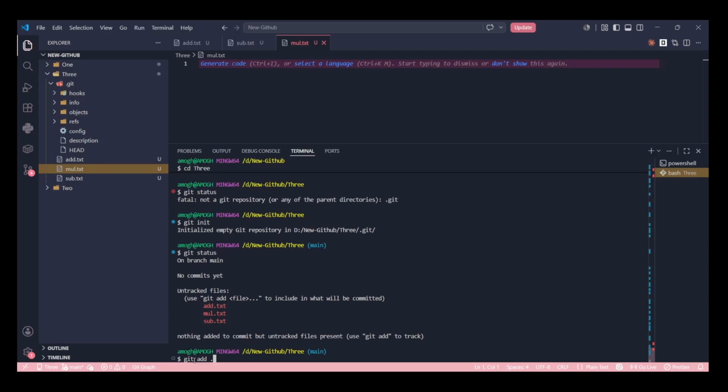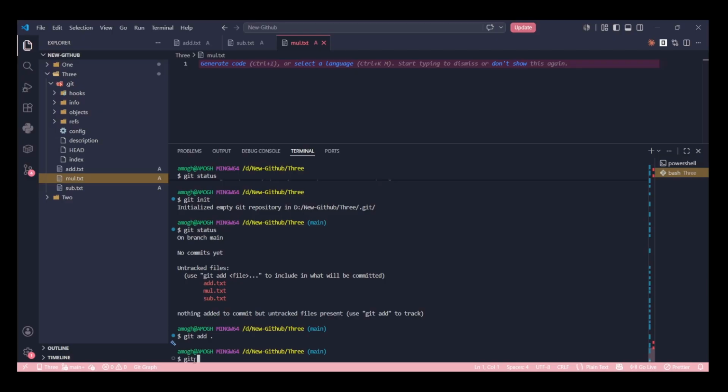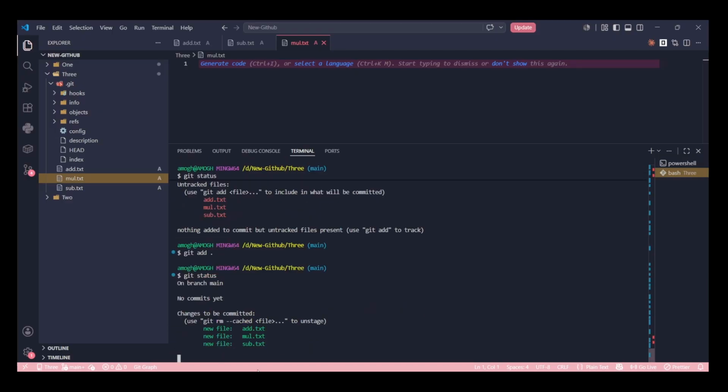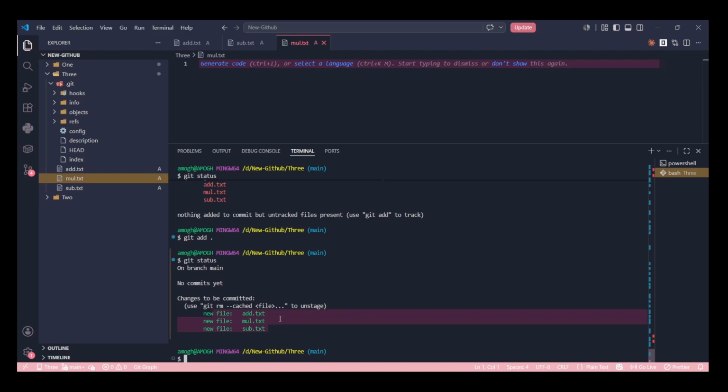I'll say git add and dot. What dot does is it sends every file which you have changed into the staging area. And again the git status command, and it says three files are in the staging area. Now to commit, obviously we should say git commit, right?